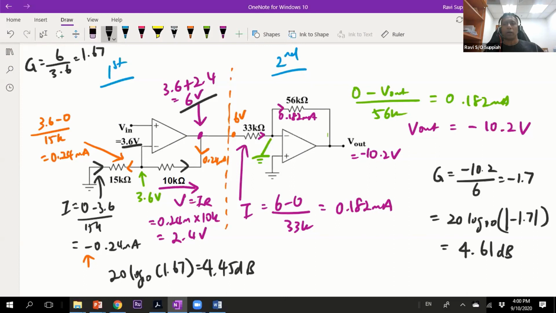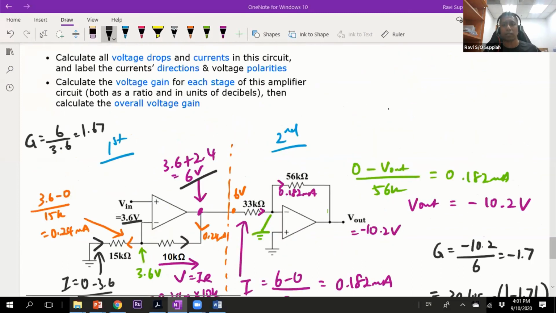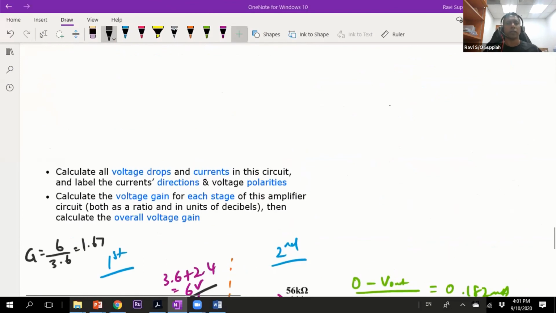Now, I have two different stages over here. How do I relate the overall gain? Again, the negative is not attenuation. It is still gain. It is still multiplication. You only say that the signal has attenuated if the gain is lesser than 1. That means, for example, if I want to get a smaller signal,